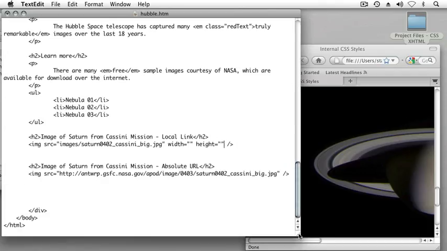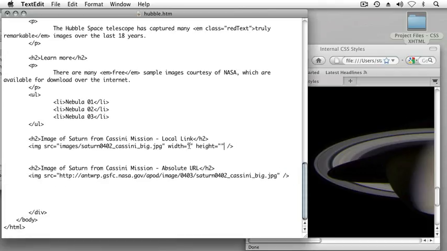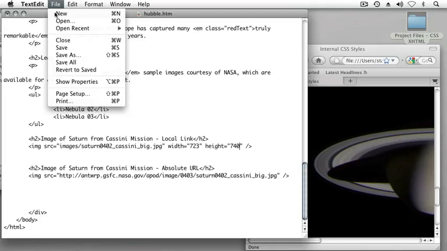And I'll increase the size of my HTML page a little bit. Within the width attribute, I'll type 723, and the corresponding height attribute will be 740 pixels. If I save this file,